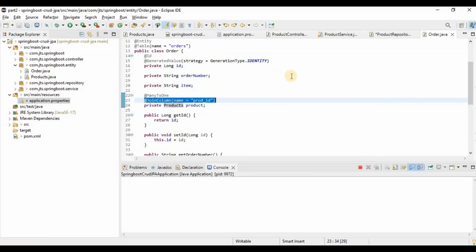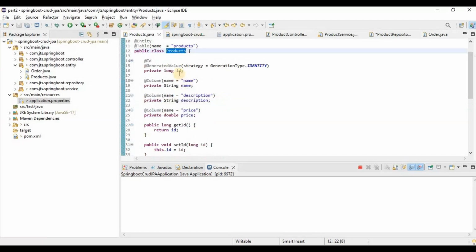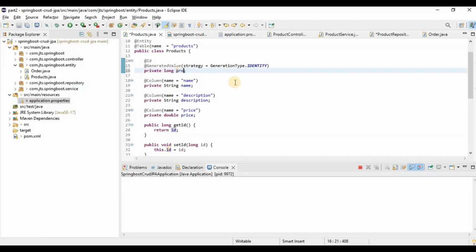This particular table has mapping with many tables actually, but here one to many mapping means that one row in a table is mapped with multiple rows, meaning multiple rows with one table. Okay, so that is the reference over here, and this is the joining key with this ID. So for that we need to change this ID to prod underscore ID instead of,